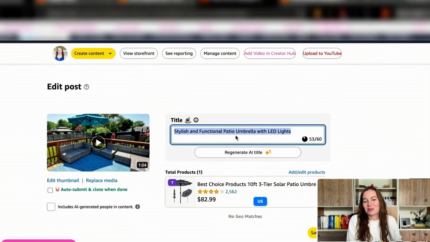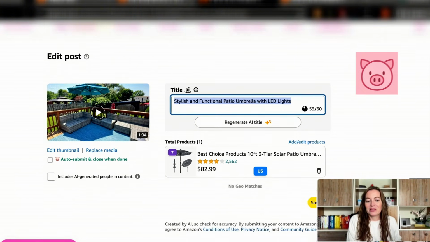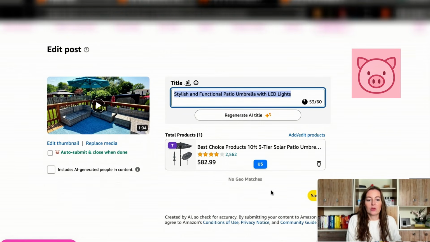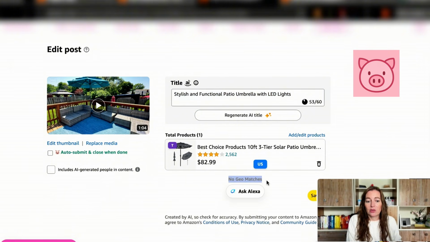And we've got these nice little tools. I love to use Oink. It saves me a ton of time and frustration. And so with Oink, I can actually see if the product is matched in any other geos,